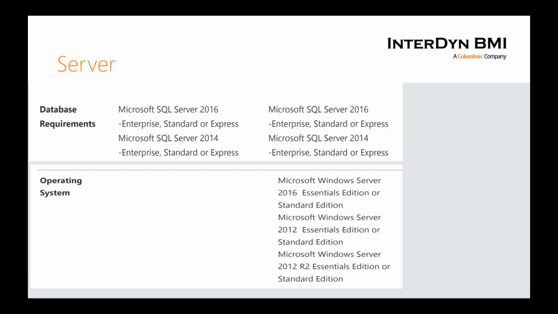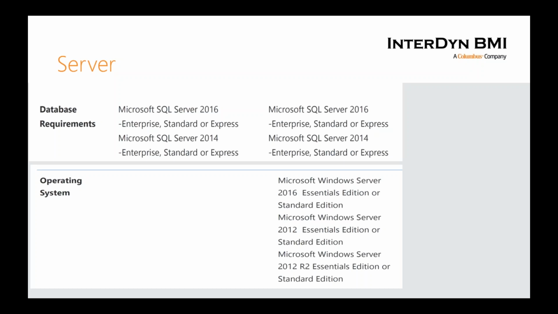I know a number of people still run SQL 2012, which doesn't seem that old, but it's been 5-6 years since 2012 was released, and in technology that is a long time. You would have to do a refresh on your SQL Server software and get that upgraded to SQL 14 or